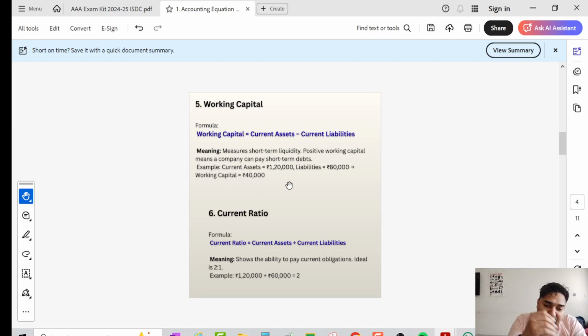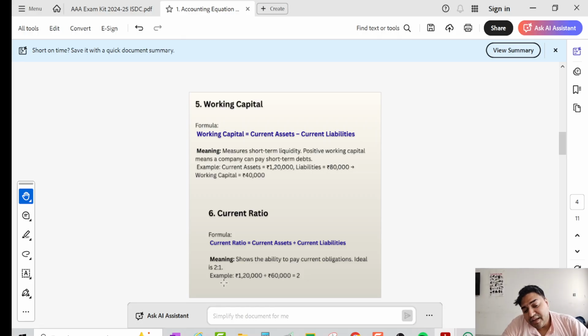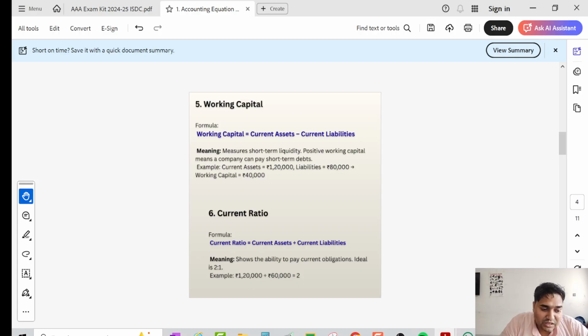With the same current assets and current liabilities, we can calculate the current ratio. The current ratio is the ratio between current assets and current liabilities. It shows whether the company can pay its current obligations. In my example, the current assets are 120,000 and liabilities are 60,000. So 120,000 divided by 60,000 is equal to